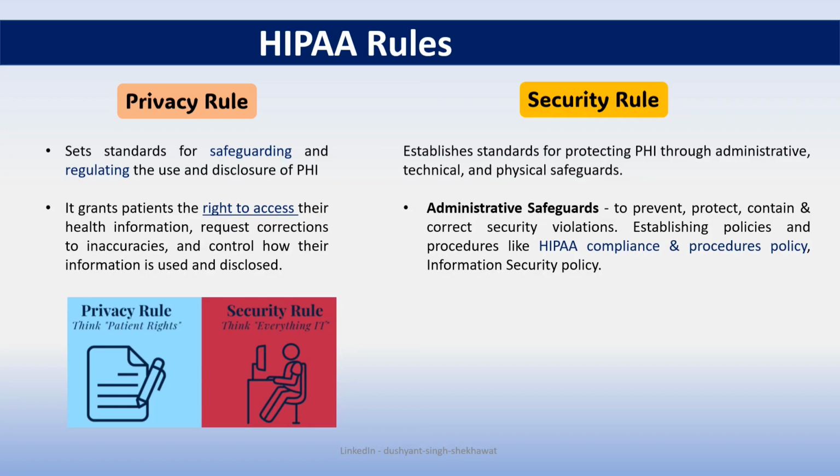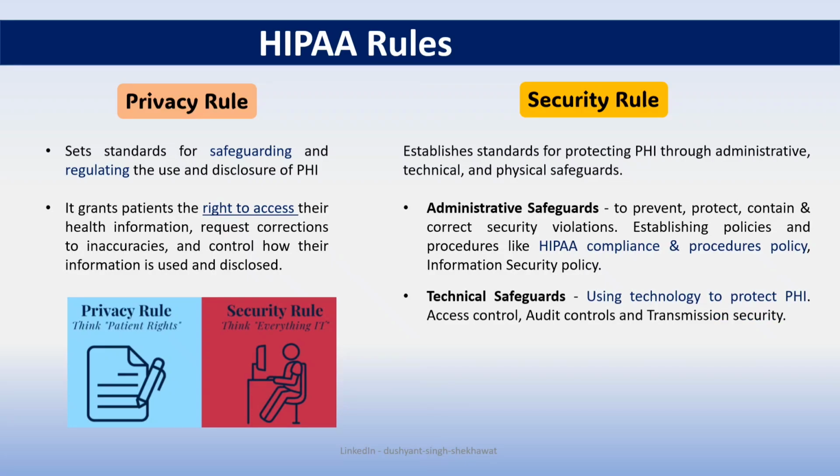There can be different policies according to the organizations like HIPAA compliance policy, procedures policy, and information security policy. And these policies are based on type of entity, if it is a covered entity or a business associate. Technical safeguards, meaning using technology to protect PHI, like access control, providing access to only those needed,